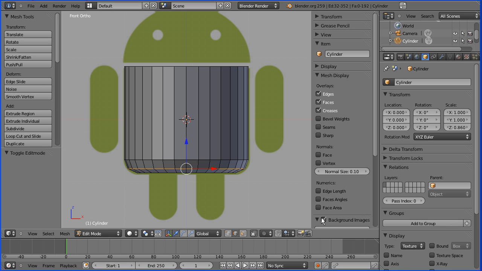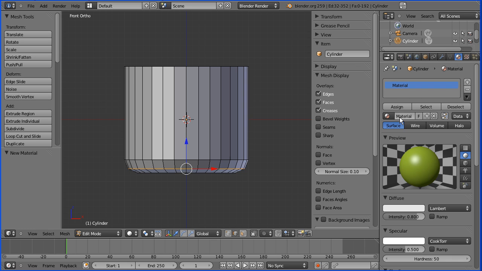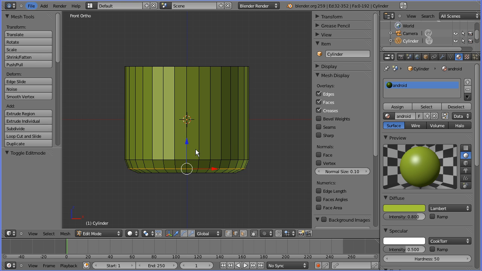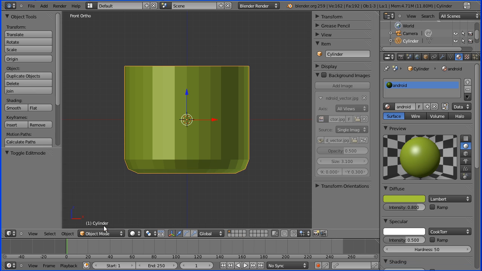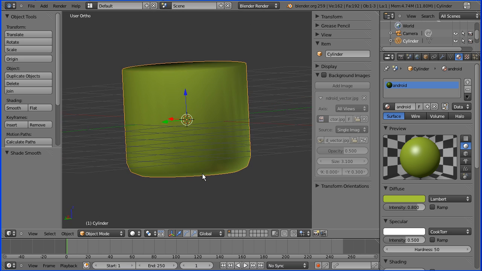I'm going to turn off the background image and I'm going to go to the material button. I'm going to add a new material which I'm going to call Android. Press enter and in the diffuse color I'm going to go to hex and I'm going to paste in the official Android color which I got from the Google website. I'm going to go into object mode and turn smooth shading on, and there we have a low poly model